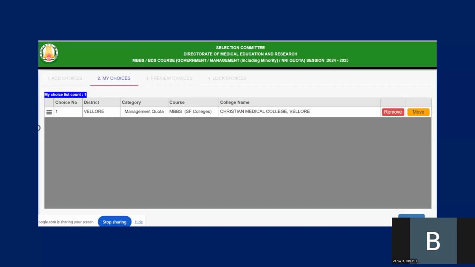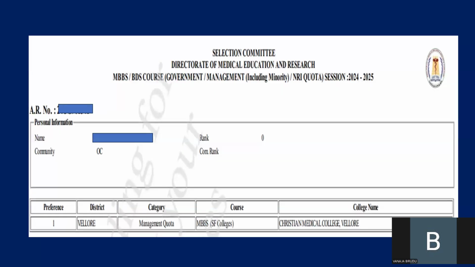Then you can see the total number of list. Then again click on next. Then you can see the web options downloaded form. This is the final downloaded form. You can save it in your system. Okay, in this way, you have to put your web options and choice filling for Tamil Nadu MBBS and BDS admission, including